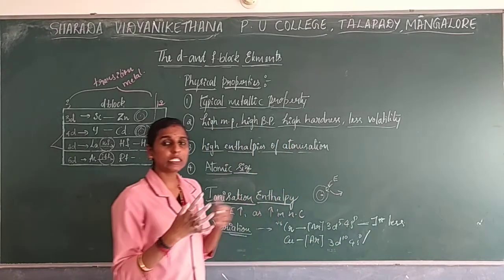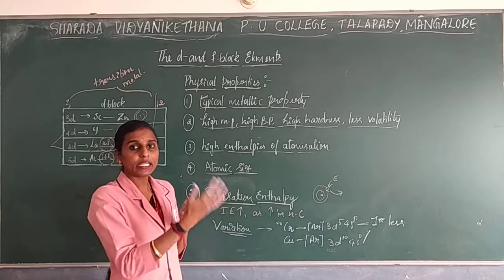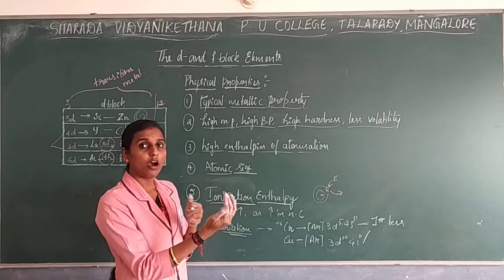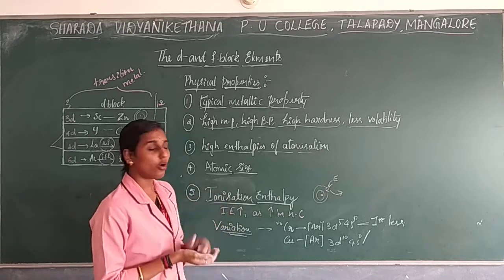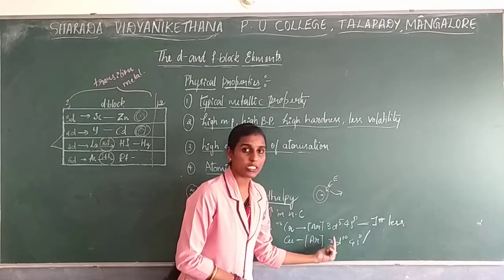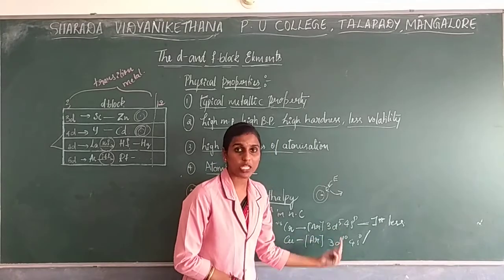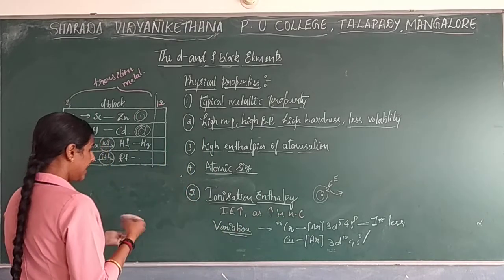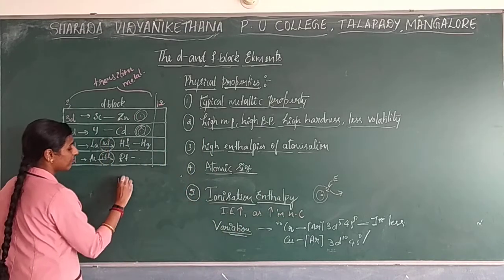So whatever metals or elements have a half-filled shell as well as a completely filled shell, to get that stability they will go for bonding. So here also it is the same thing: removal of an electron from this shell is much more difficult because these are more stable in nature. Okay, so that's chromium. Next we will go with manganese.